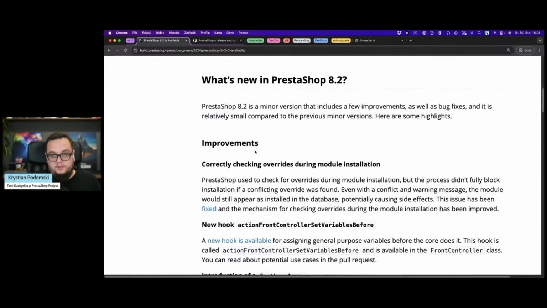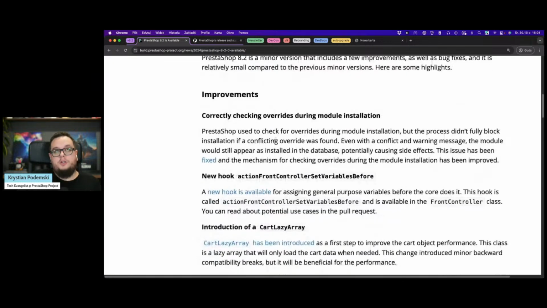So everything regarding this version is, of course, in the release notes, but there are some improvements that I would like to talk to you about as well during the live update. First of all, this version has been marked as a minor version because of some changes regarding the cart presenter and how the cart is rendered to the front office. Everything important is, of course, described in the release notes, and there are links to pull requests that implemented those changes. So for those of you who, for example, encounter any issues with cart rendering in PrestaShop 8.2, you can follow the text in the release notes, you can follow some pull requests and so on to see all the